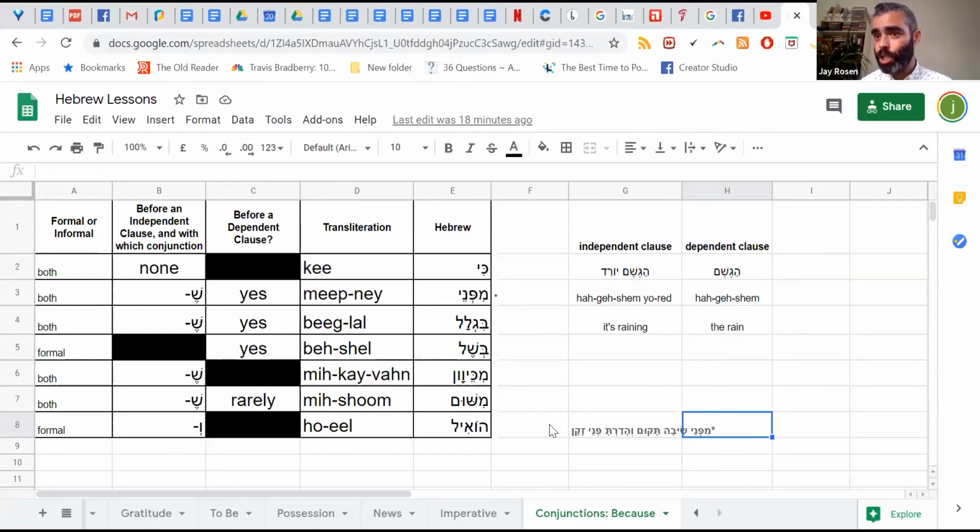I am a biglal she person. I think mipnei she is very formal, but you do you, as you say. Just understand mipnei she is a little bit more formal. Okay? I think on the bus, I think mipnei comes from panim. So in the face of, in front of zaken.